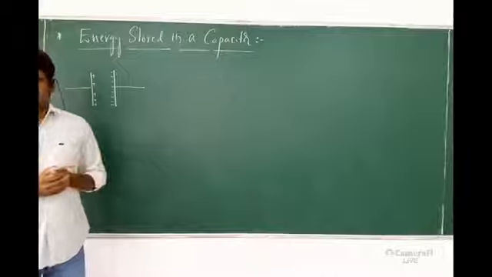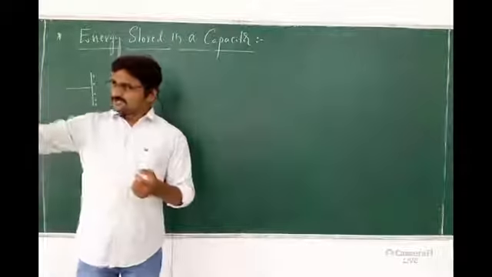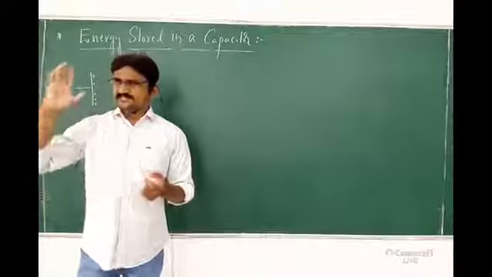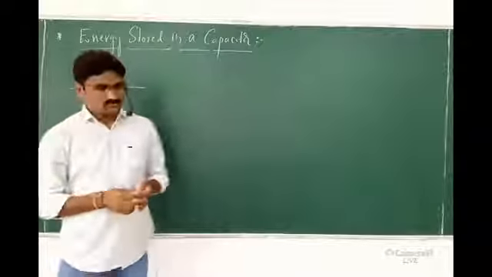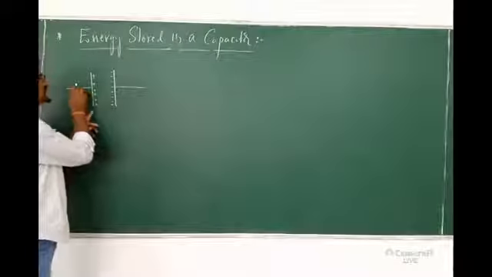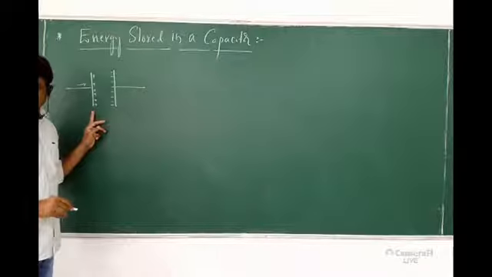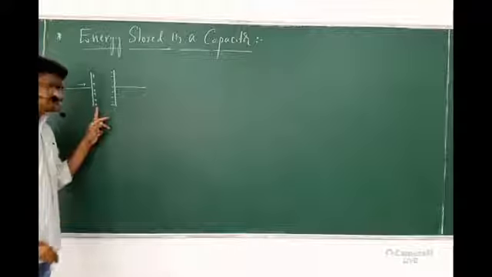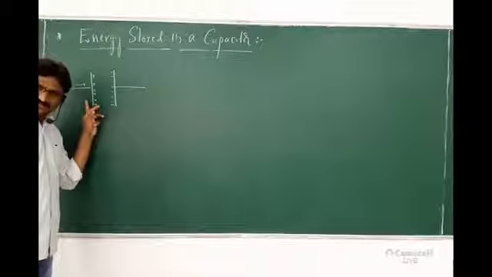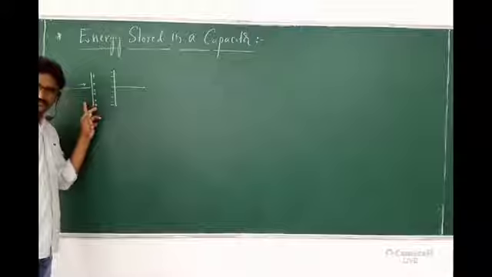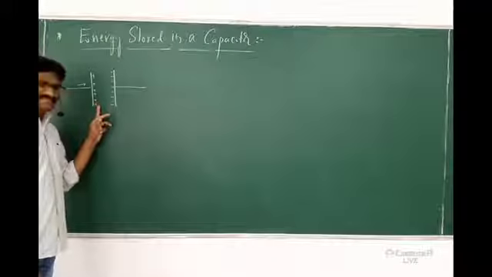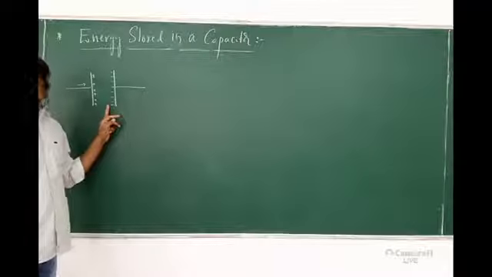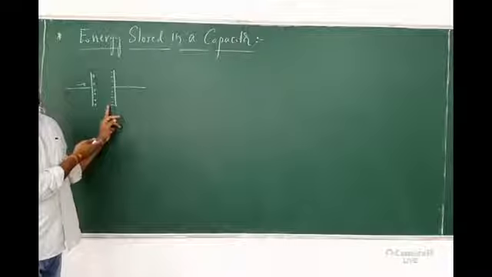So here also, what is the logic? As charges go on increasing, the magnitude of charge on the capacitor plate goes on increasing. Why? Because we are giving the charge. Continuously giving the charge means we are continuously doing work. Once the charges reach here, that work is converted into the potential energy of the capacitor.